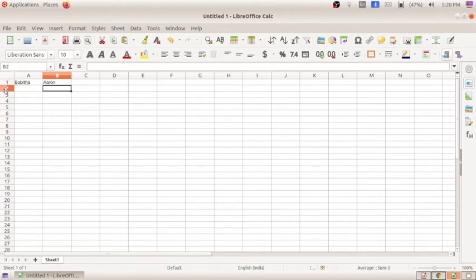The combination of this row and the column gives us the cell address. So the address of this particular cell will be B2. If I place it here, the cell address will be B6. If I place it over here, the address will be B13. So this is our first activity.